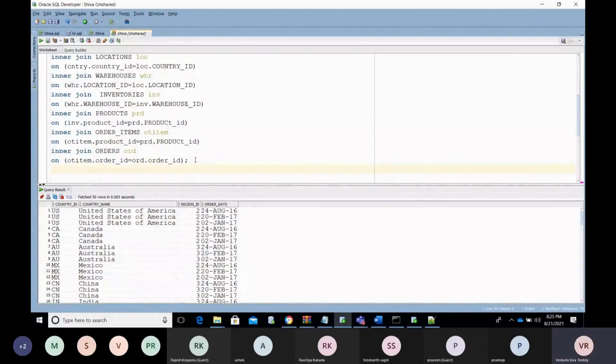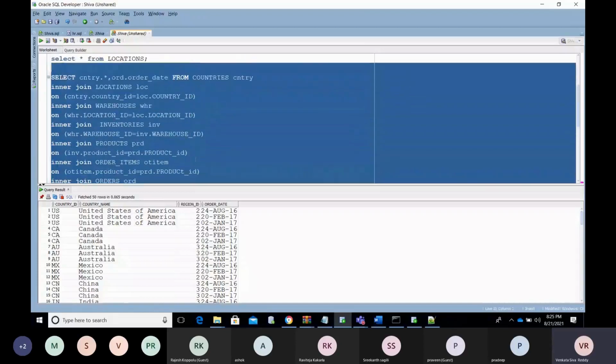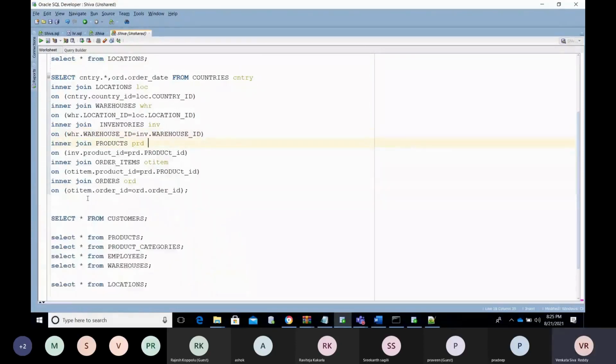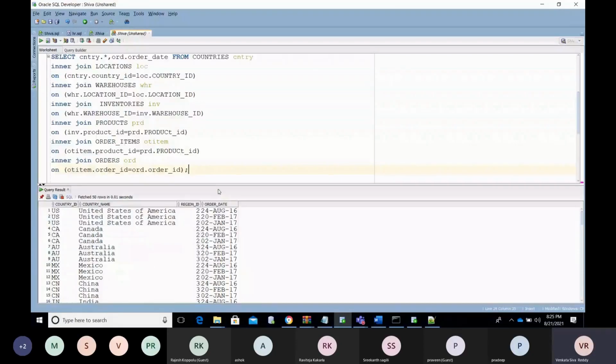To understand these things easily, you should be familiar with these tables. If you haven't worked on these, I have not worked on this either, because I want to explain the things in real time. Similarly, I wrote all the tables and I am going to explain here. Understand? Now we have the required information here.